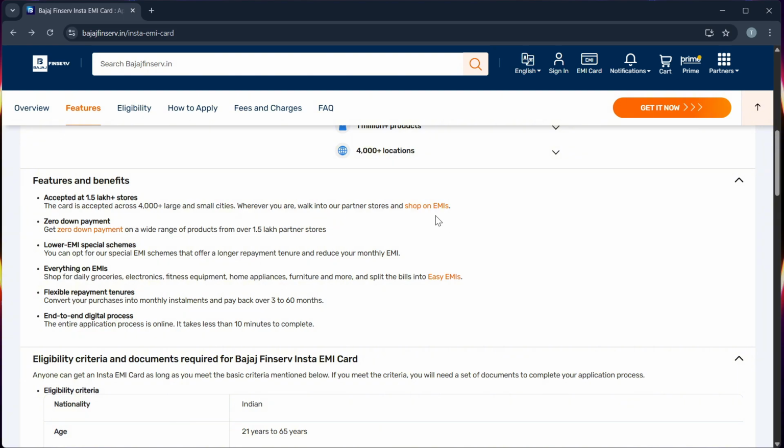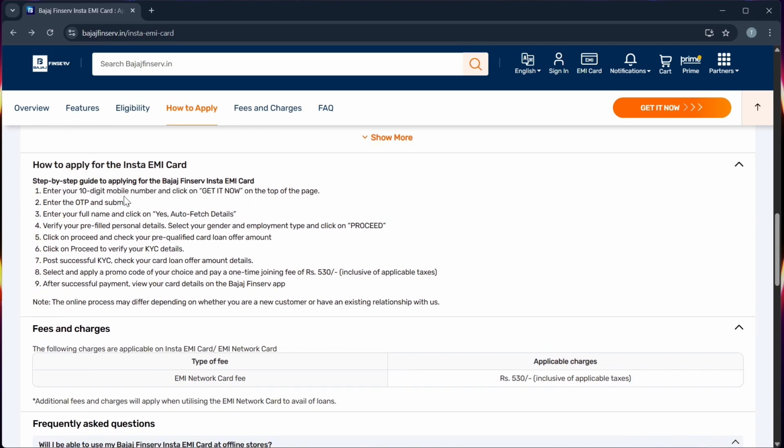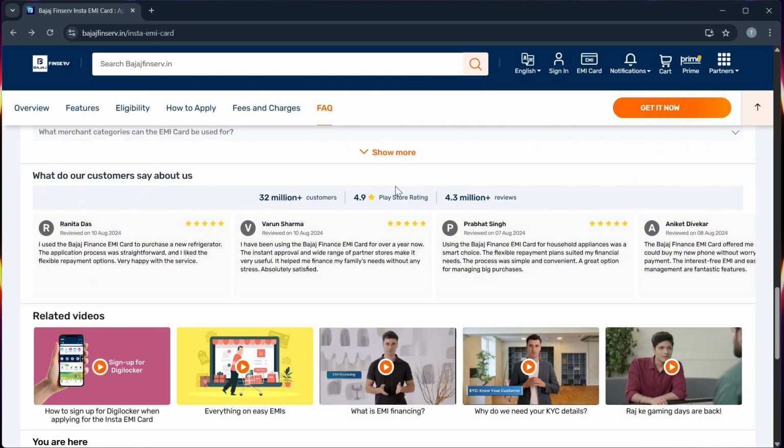for security verification. Step 5. After successful OTP verification, your CVV number will be displayed temporarily on your screen. Step 6. Copy or note it down securely and avoid sharing your CVV information. And now you can see your Bajaj EMI card CVV online whenever you need it for secured payments.